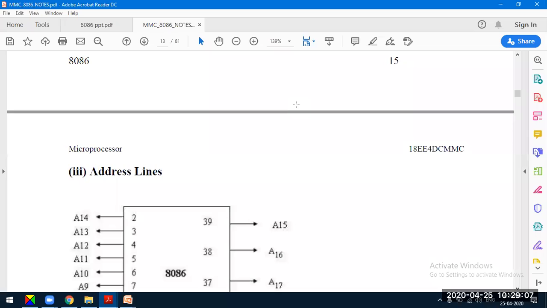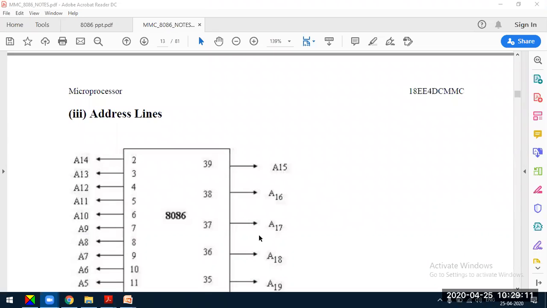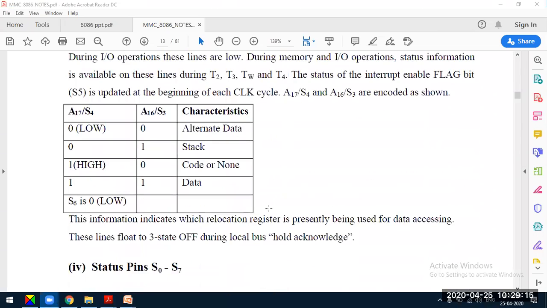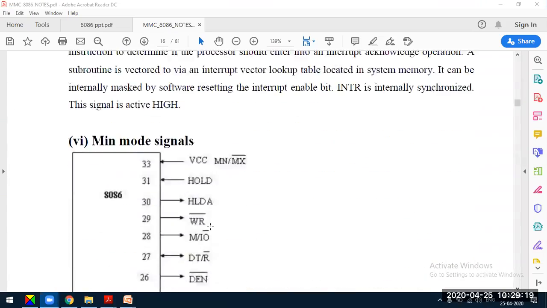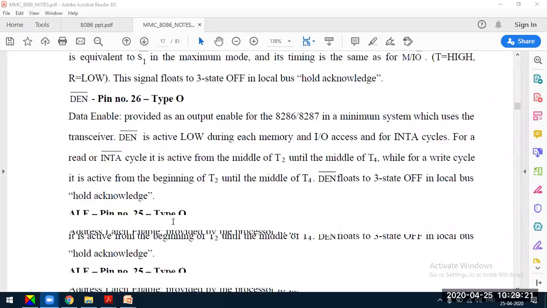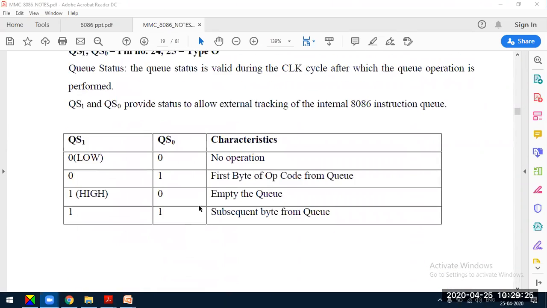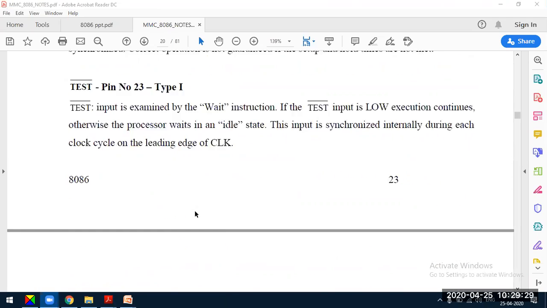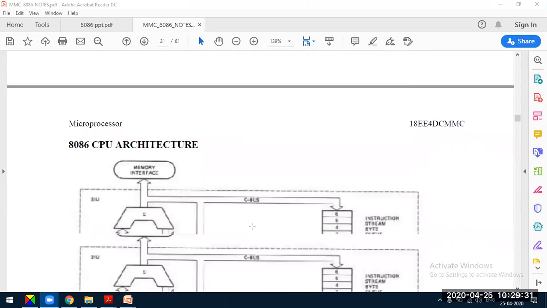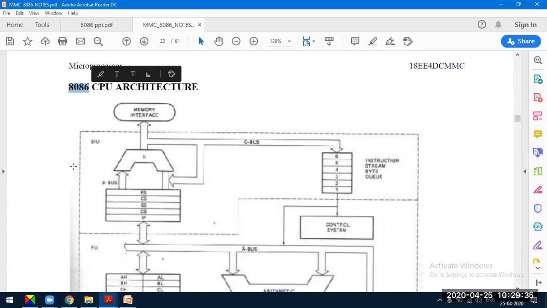First, let us start with the architecture of the processor. These are the pin details of the 8086 processor. The next topic is the 8086 CPU architecture.